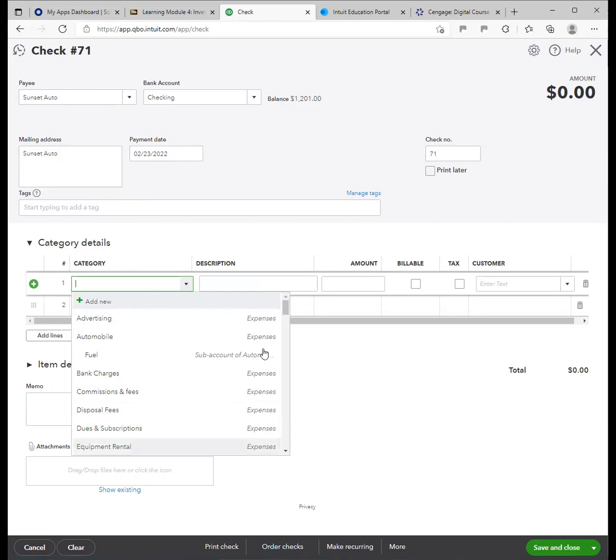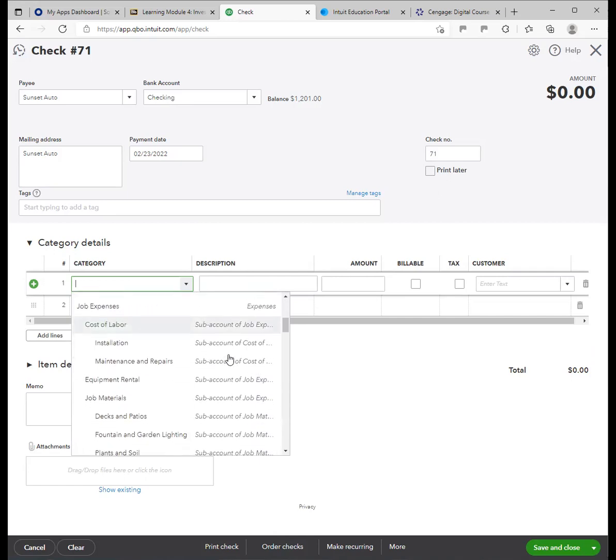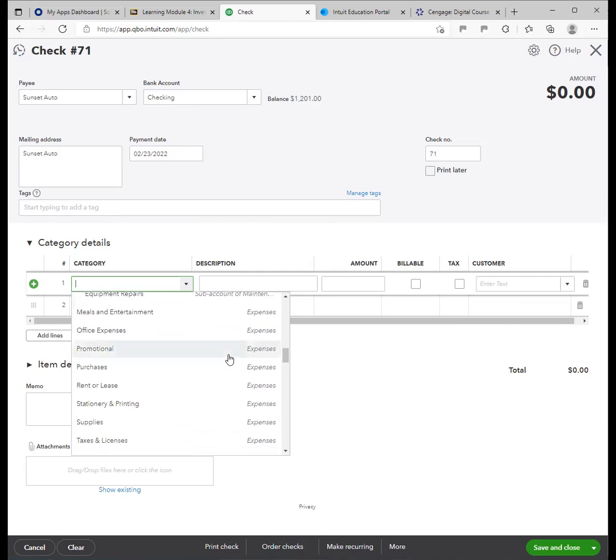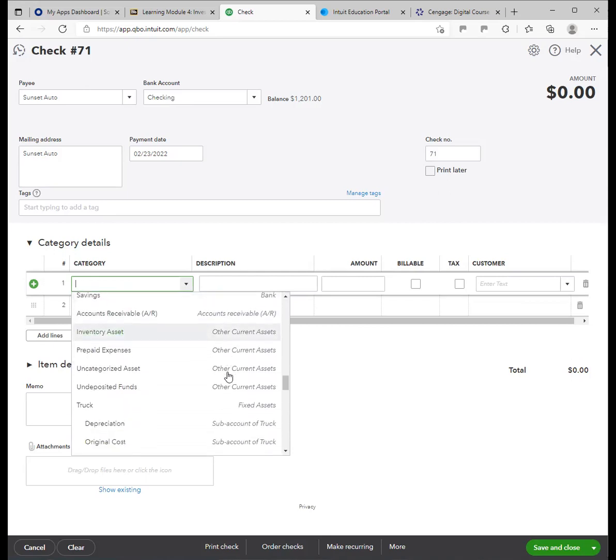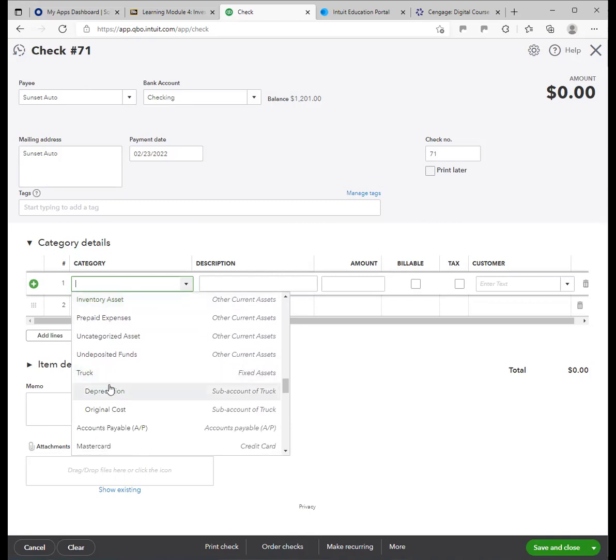So you can come over here and you can see that you have listed expenses and what kind of expense they are. So you're just going to keep scrolling down and scrolling down. And what we're looking for is a fixed asset that says truck there, fixed assets, truck. All right, now